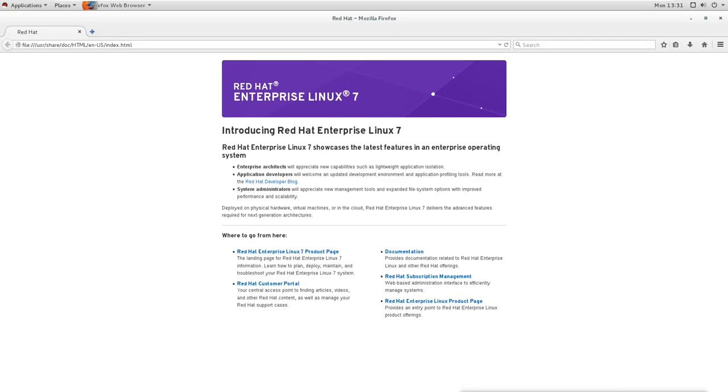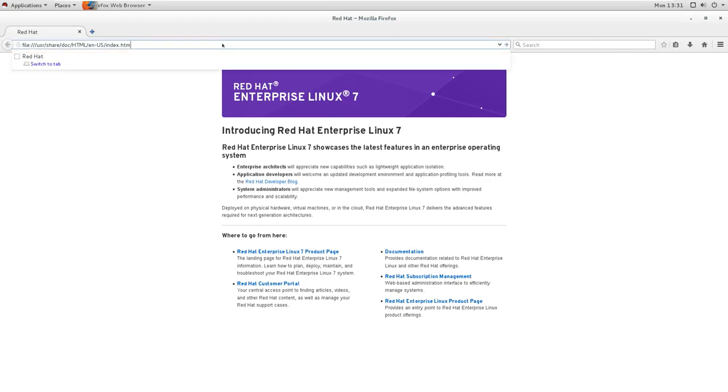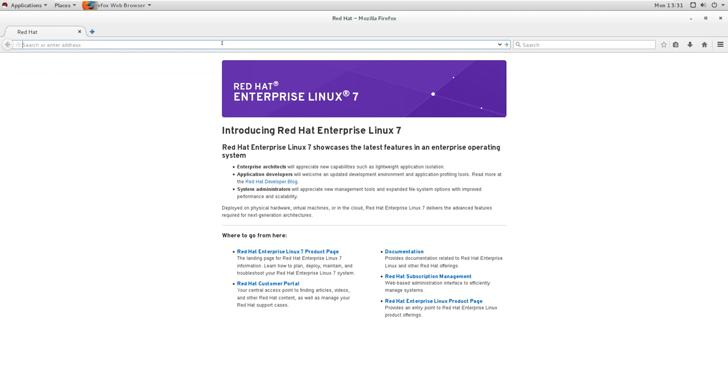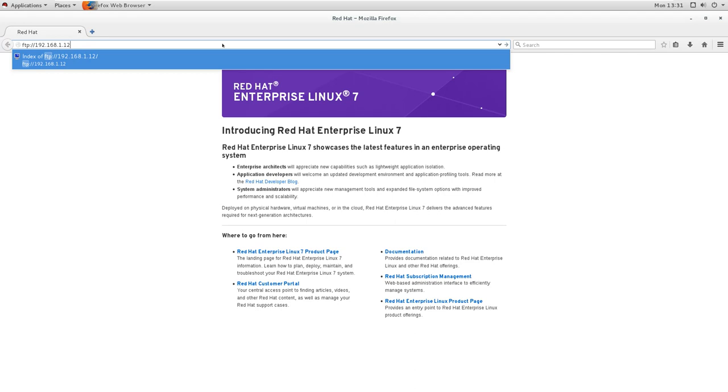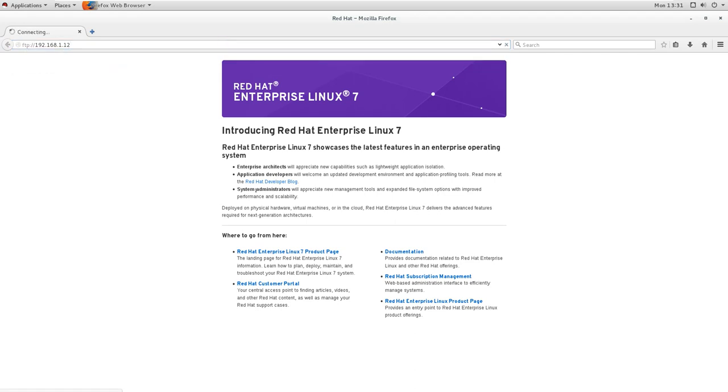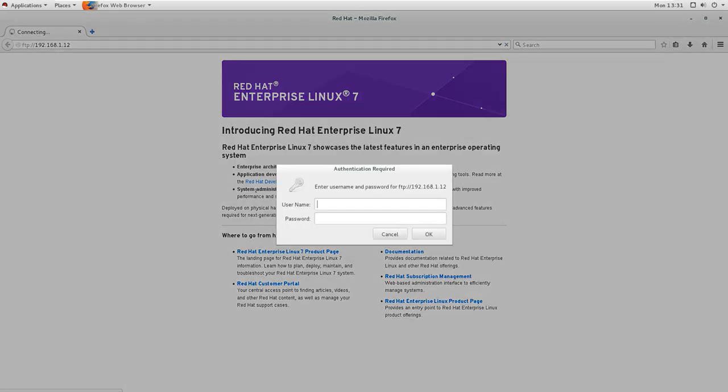So when I accessed it previously, it was accessed by the FTP anonymous user. Now this time when I access it again, the anonymous user is disabled here. Now it will not allow the anonymous user. It will ask for a username and password. Now it is asking for a username and password for logging in on the browser.